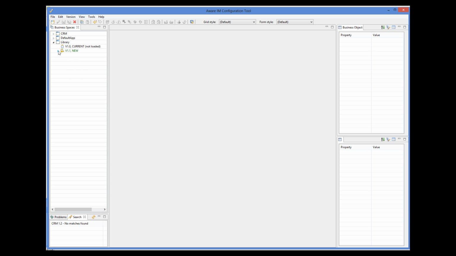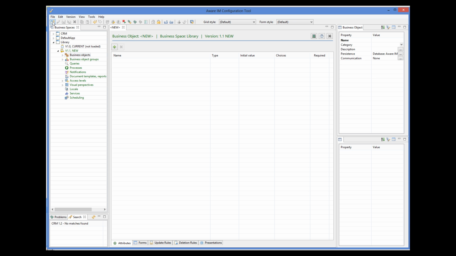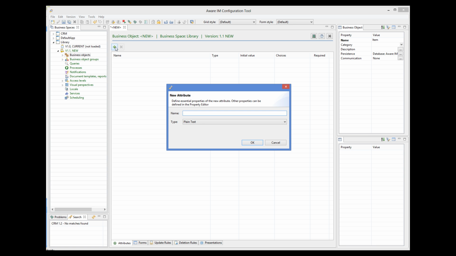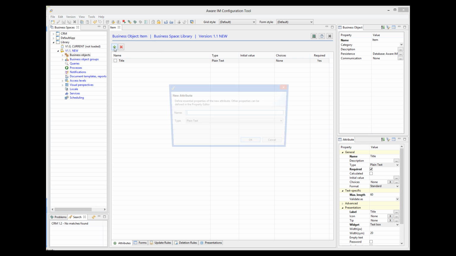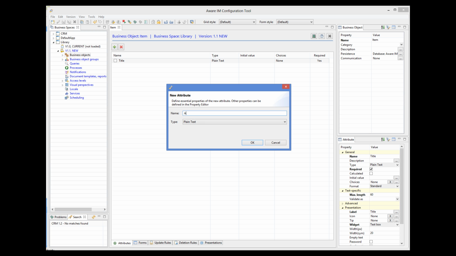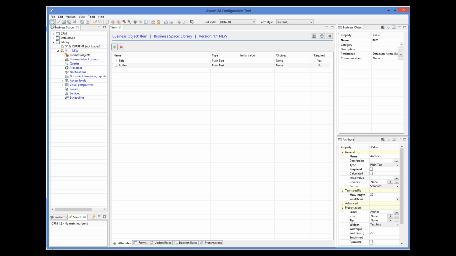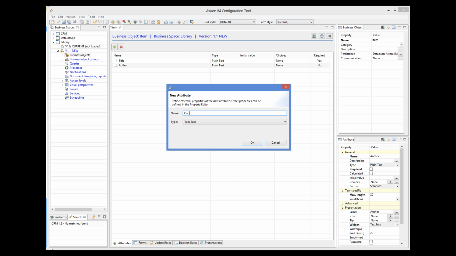And I will start adding the business objects, starting with the item object. We have to give it a name and start adding the attributes. We're going to have the title of the item, the author, the code. This will be the unique code of the item,